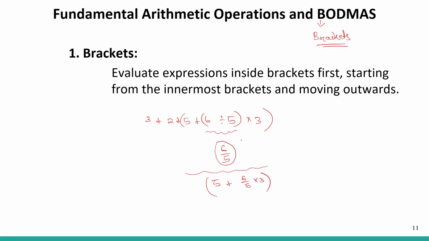We are now free of brackets, and we evaluate this, which equals 5 plus 18 by 5. Then we add 3 plus 2 plus 5 plus 18 by 5. This is very easy, and now we don't have any confusion because addition doesn't matter in terms of sequence. If you have 3 numbers and there is only the addition operation, it doesn't matter what you add first.